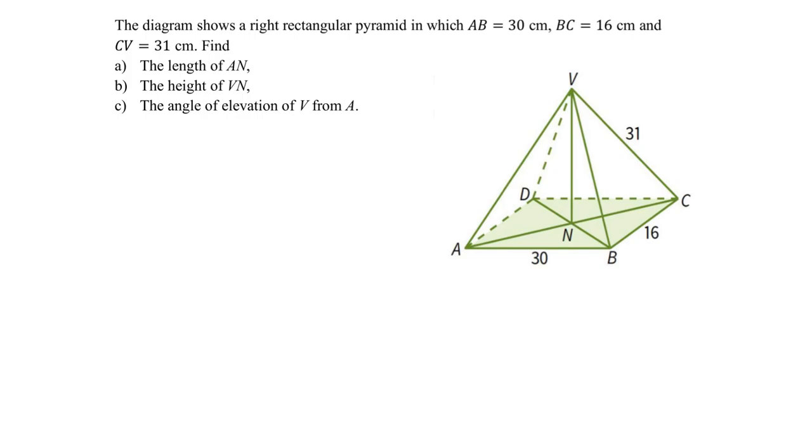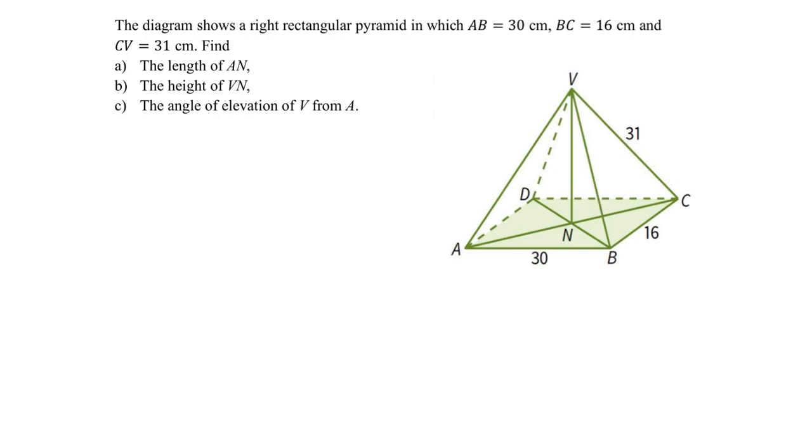Three-dimensional problems using trigonometry. Okay, so now we are given this pyramid and the lengths of AB, BC and CV are given. Find the length of AN. As I observe,